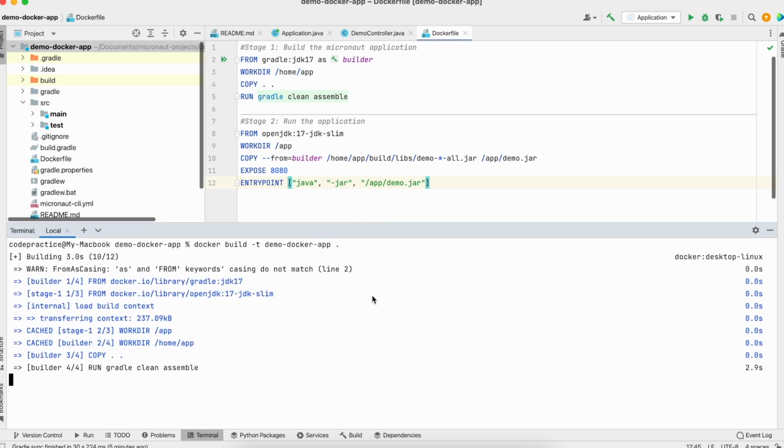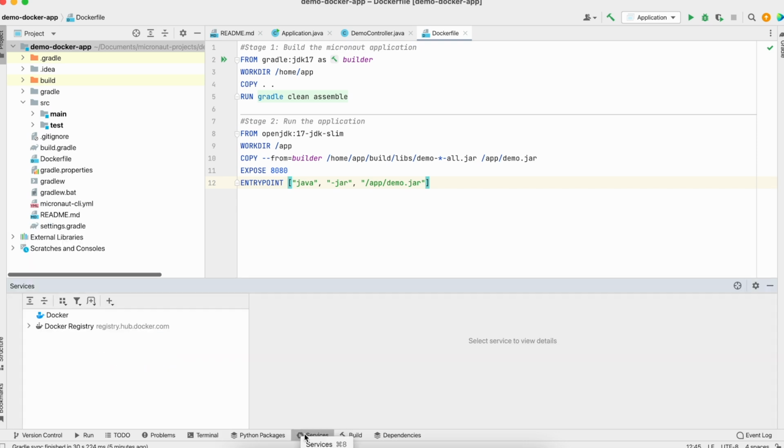So you can see it is using JDK. It is trying to download the images, which is Gradle JDK 17 and OpenJDK, which we have specified in our Docker file. And then it is also using this work directory app and the home app that we have specified, right? And here also, if we go,